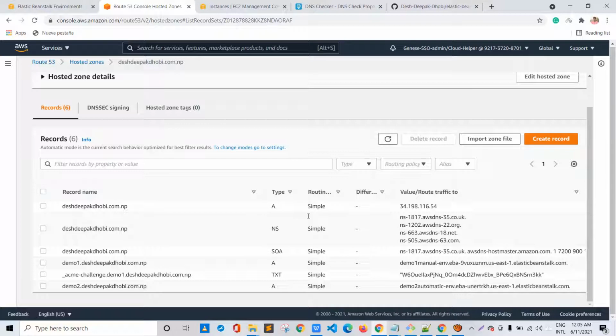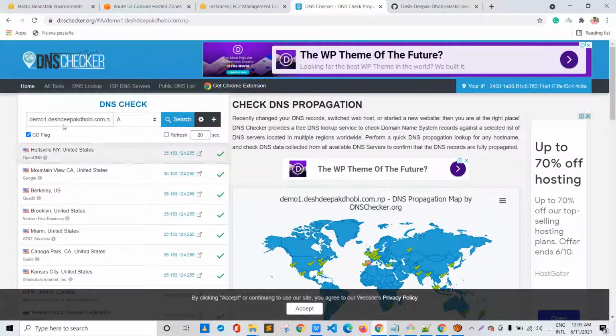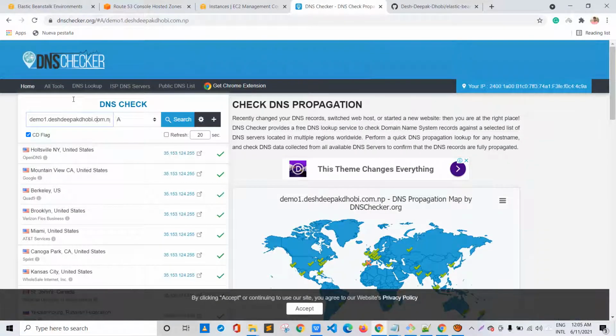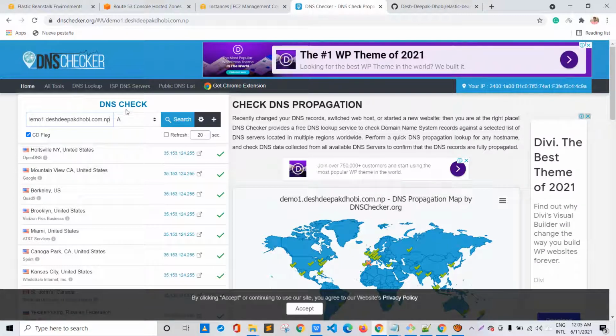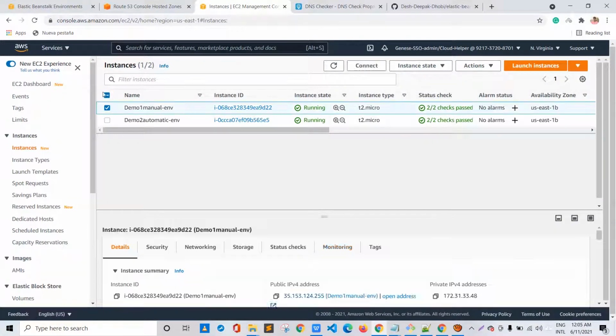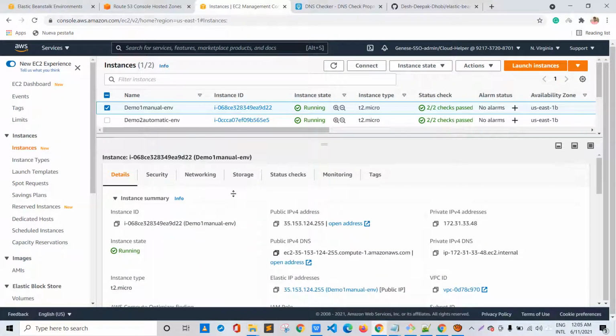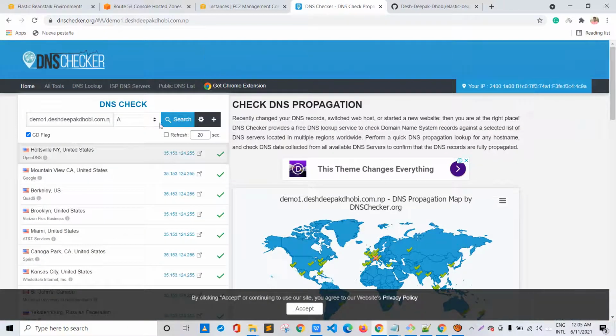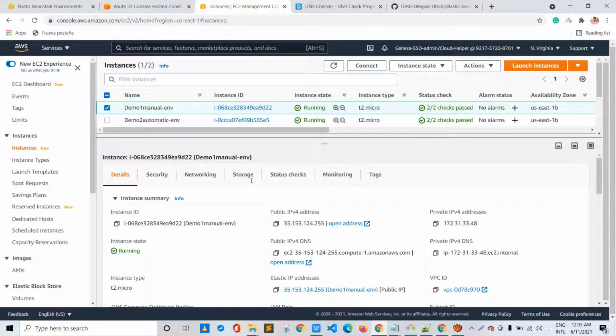I have already configured all the records, and if I go to DNS checker and check the A record of it, and refresh it, it shows the IP of my EC2 instance that has been created by Elastic Beanstalk. Let me verify this, and yes, you can see the IP is the same, 35.153.124.255. That's perfect.